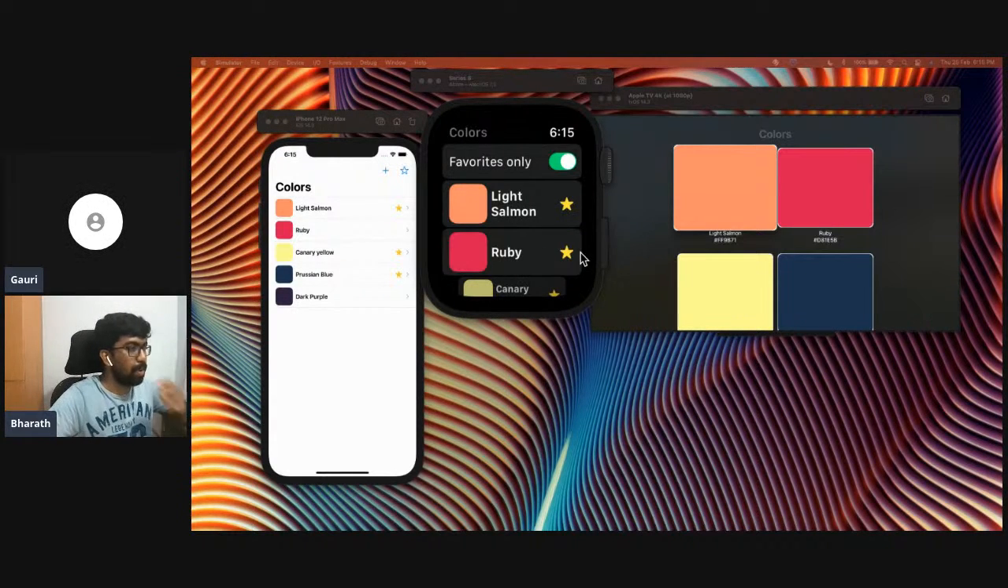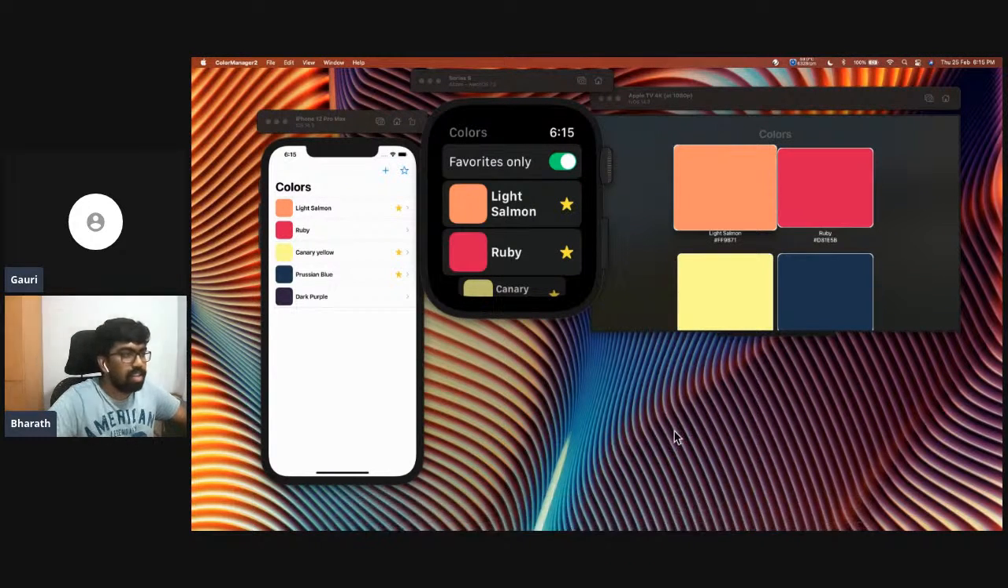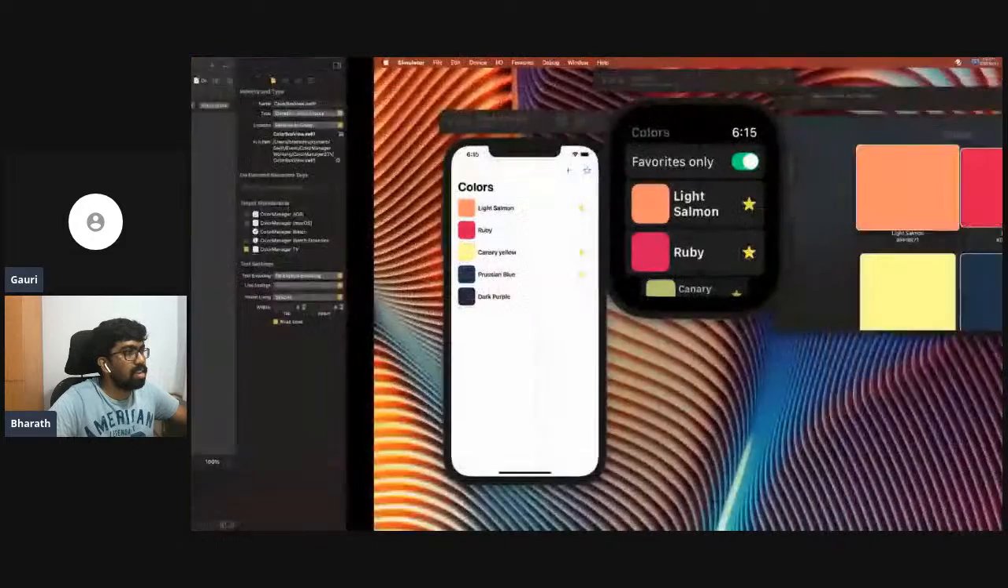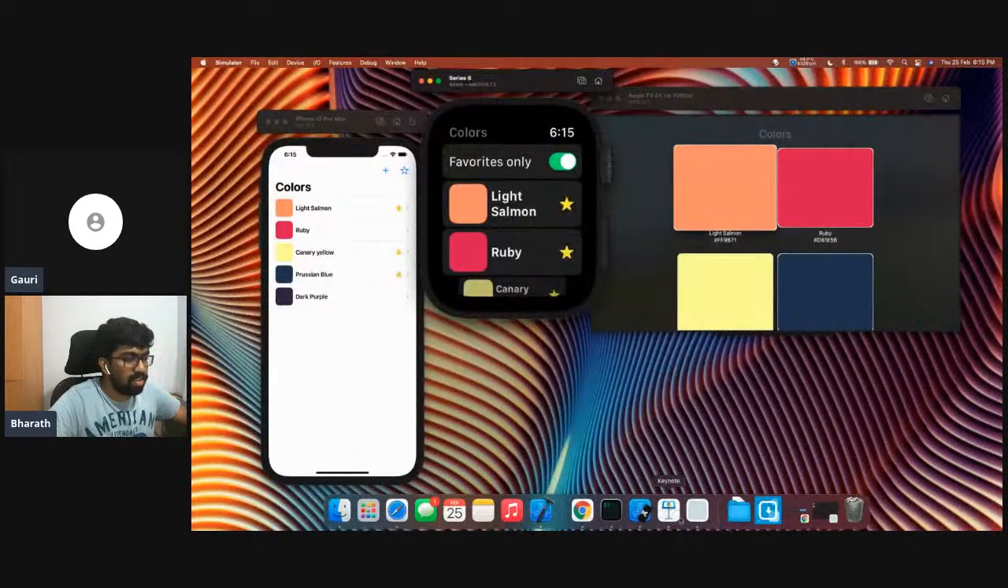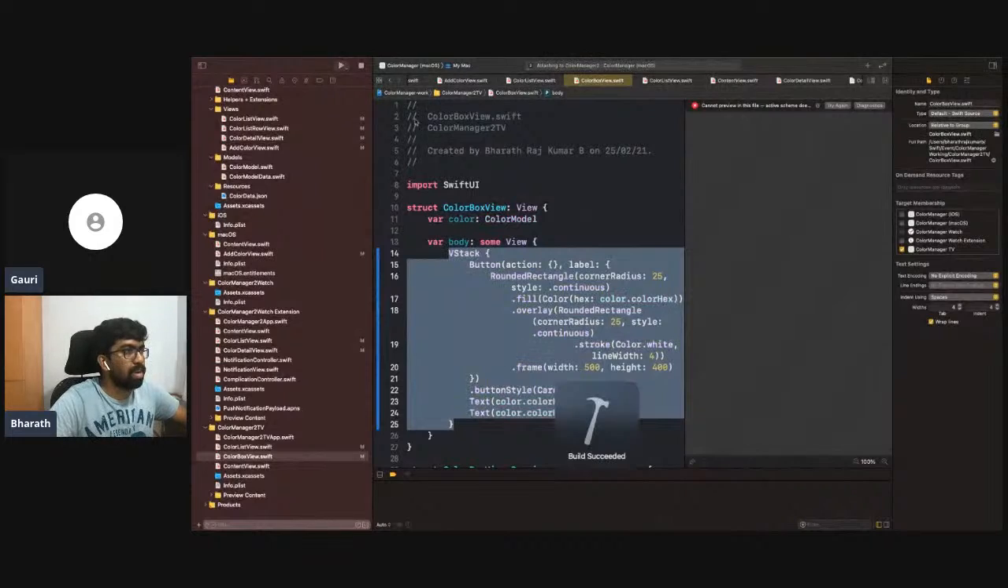Sure, sure. So this, okay, I have to wait for my first app. So now, okay, just run it again. I'm not sure if